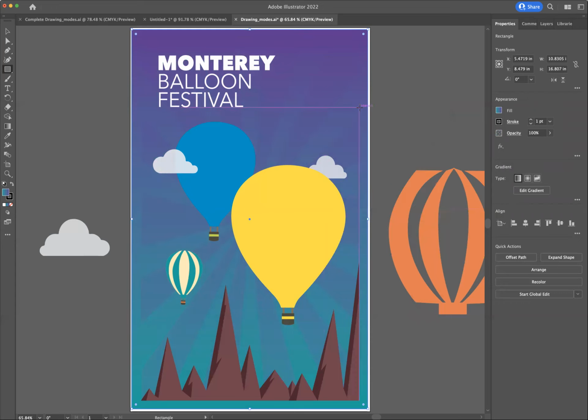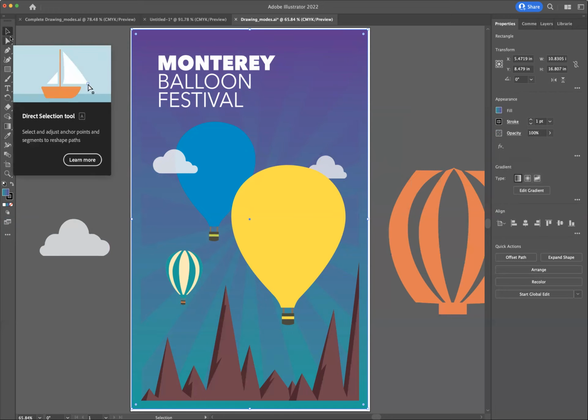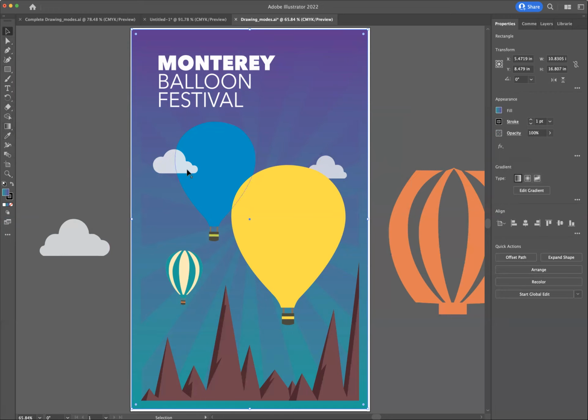Keep in mind, I clicked on the fill box, which started out as white, and I made sure that I was in swatches, and I chose the gradient swatch, and then I went into my gradient options in order to change the angle. So now that I've done that, I'm going to change my mode to normal for a moment. I'm going to go into my selection tool, which I always recommend that you stay in unless you're using another tool purposefully. Go ahead and try to stay in your selection tool,